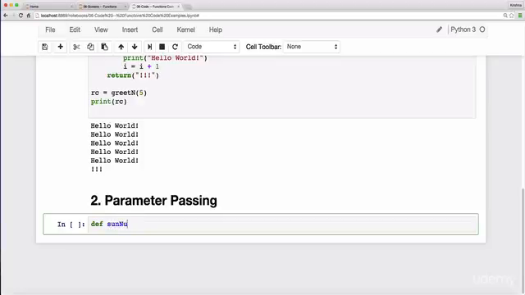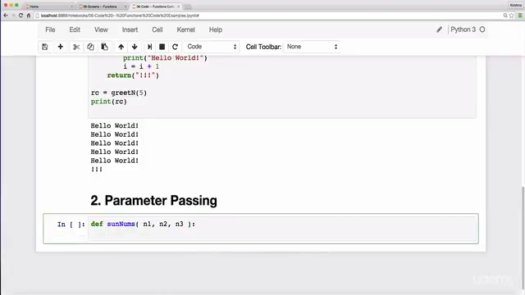The name of the function is sumnums, and the function starts with the keyword def for defining. We are defining the function. The parameters will be enclosed in parentheses. Let us pass three parameters, say n1, n2, and n3,